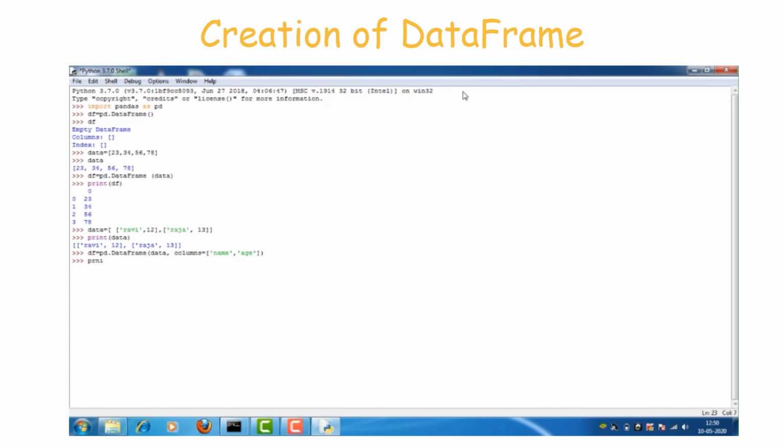Print df. So now the data frame is created with Ravi and Raja. 0 and 1 is the index of the data frame. df dot head of 1.